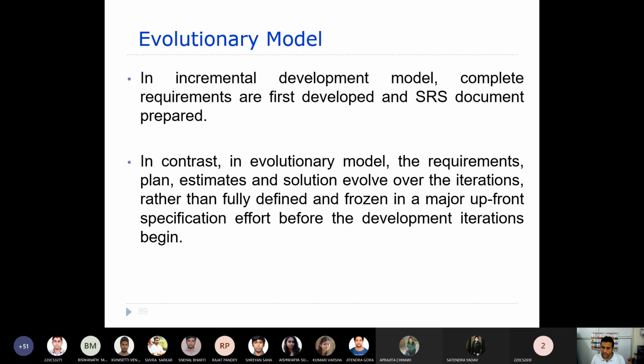You can think of it like this. Okay, so fully developed and frozen and measured upfront, specific effort before the development iterations begin, right? But in case of the incremental model, before you start your development, everything will be specified. Okay, the requirements will be specified properly. That is exactly the difference.